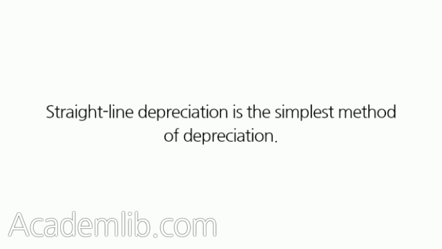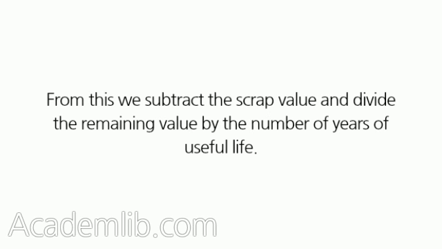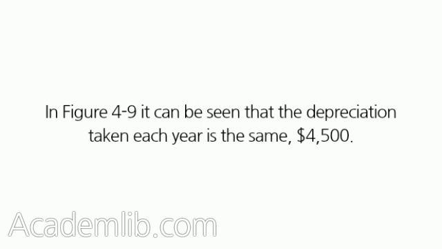Straight-line depreciation. Straight-line depreciation is the simplest method of depreciation. We start with the purchase price of the asset. From this we subtract the scrap value and divide the remaining value by the number of years of useful life. In Figure 4.9 it can be seen that the depreciation taken each year is the same,